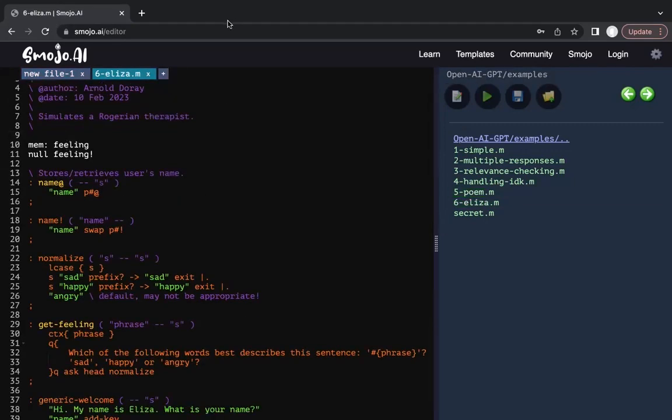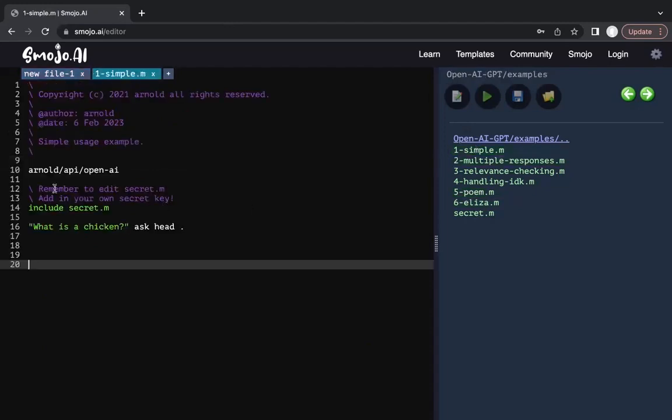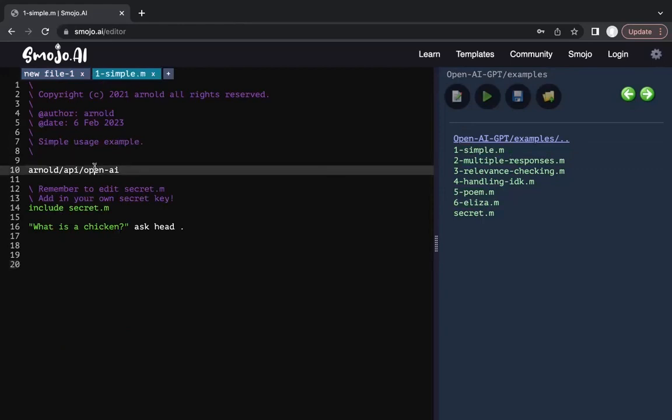So let me do a simple one first. Let's do a simple test, okay? What is a chicken? Okay, so I've got the include here. So now in this case here, in this example number 1, we are not running this in the context of a chatbot. It's outside a chatbot, okay? So I only need a few things. I just need my include cloud module, which is